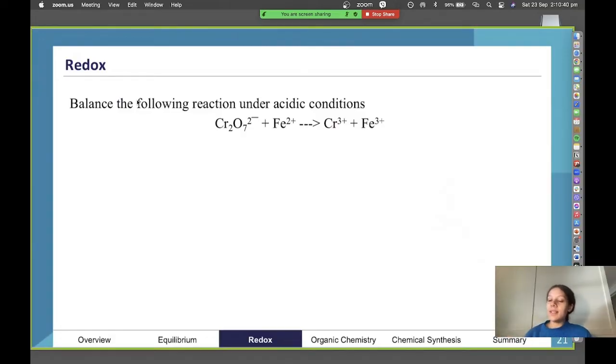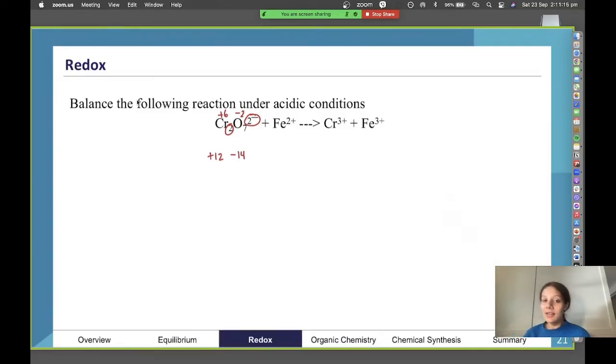For our Cr2O7 2-, the first thing we would assign is our oxygen. We would assign that a -2. Now we have 7 oxygens, so that gives us -14 all up from oxygen. And we want to get the total up to -2. So we have 2 of our Cr. If we want to get that up to -2, we need to add 12 positive. And because we have 2 of these atoms, that means each one is +6. So hopefully that process makes sense.